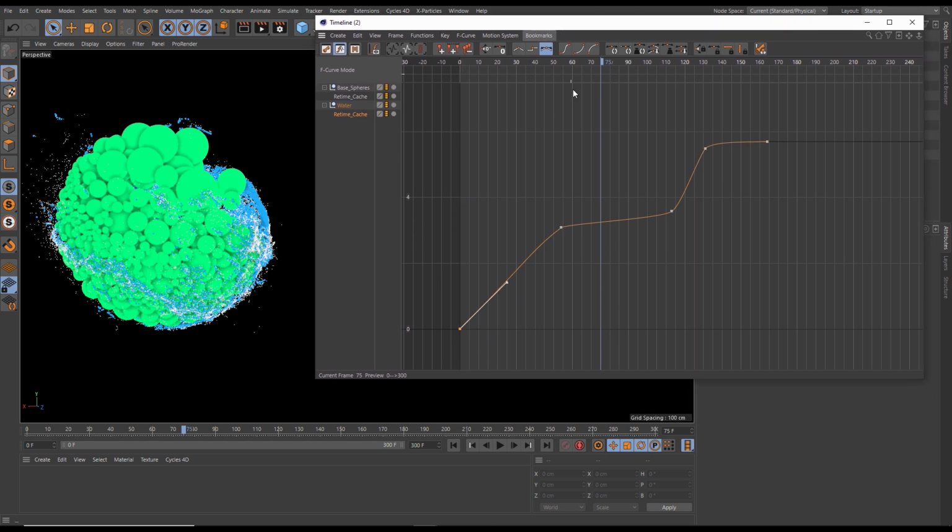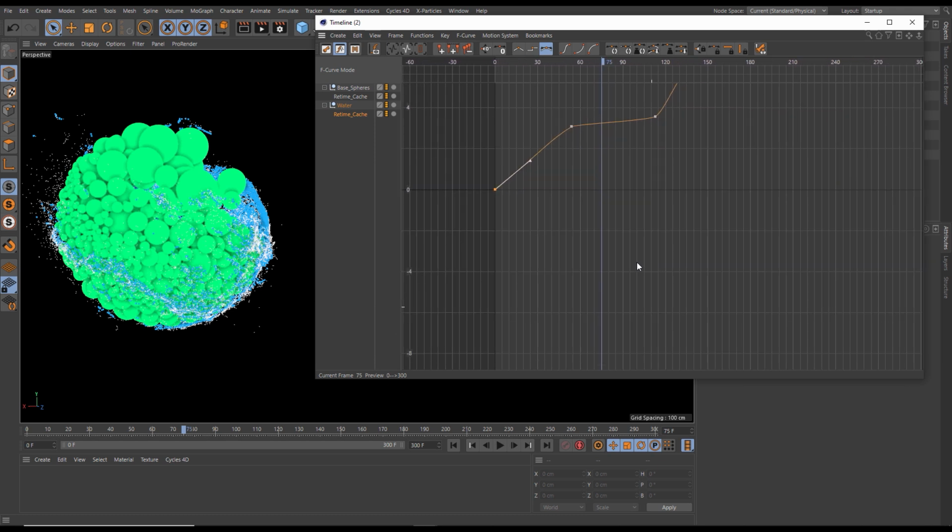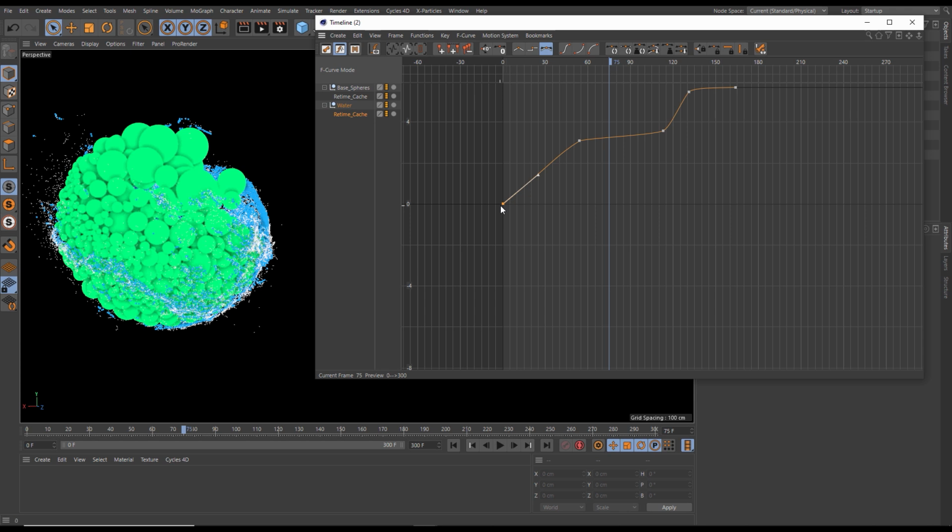And all we're going to do to get this to work, let's just zoom out a bit, move this up. We're going to get just the water one. And if we just pull this down a bit, this is just going to offset the start. Now look what happened. So here's the base spheres and here's the water. And if we put them both on, you can see they're slightly different until they get to this point, and then their animation is identical. So let's just have a look. If we go through this,